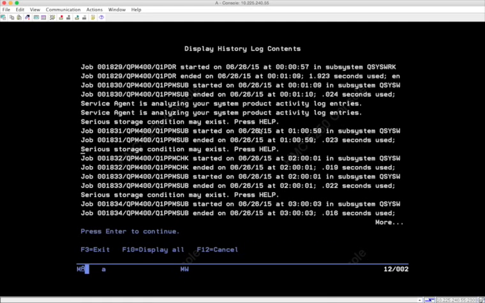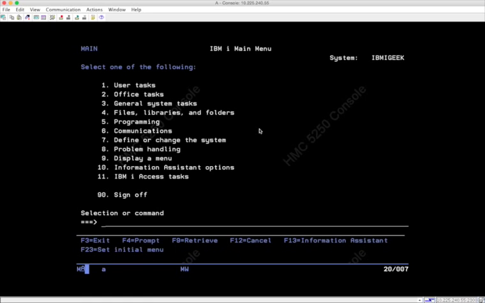Now I'm just going to hit return, and I'm going to go back out of the history log. So DSPLOG command again. This time I'm going to prompt it using F4. Now I think I've explained this a few times. When you type an iSeries command, you generally use F4 to prompt a command to specify additional parameters to pass